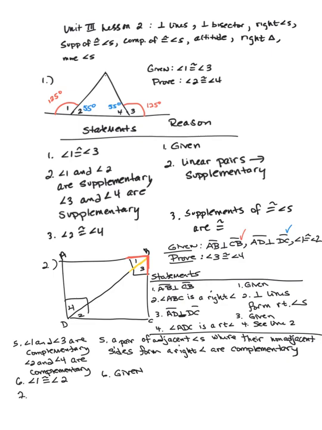And so then we can say that angle 3 is congruent to angle 4. Similar to number 3 in problem 1, except they're complementary. Okay, so complements of congruent angles